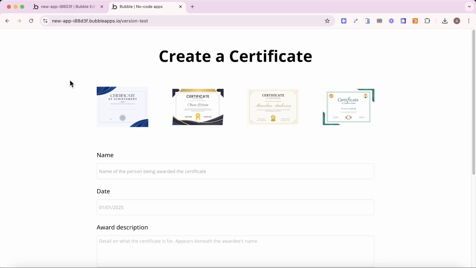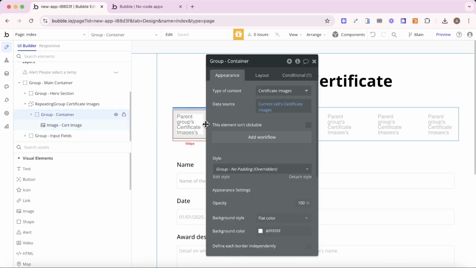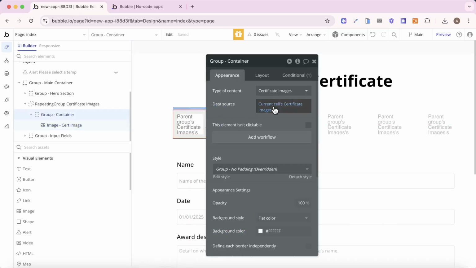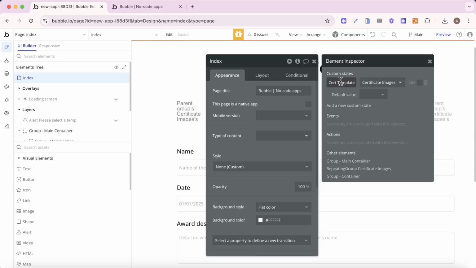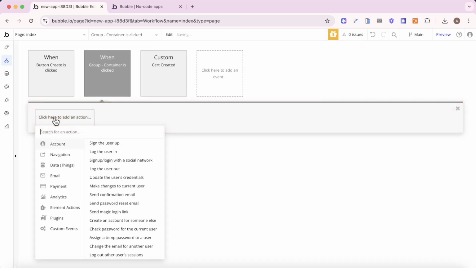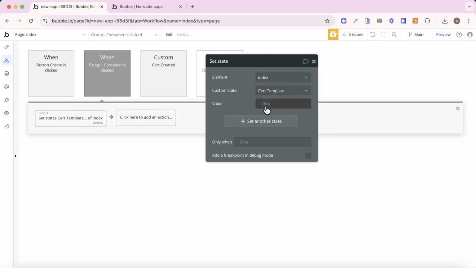And what we can do to do that is go to our group container here, and we're going to set a state whenever it's clicked. If I go to my page and go to information, you'll see I've added a custom state called cert template, and the type is certificate images, which is that option set that I created. Every time this is clicked, I'm going to set the state of index's cert template, and its value is going to be this group's